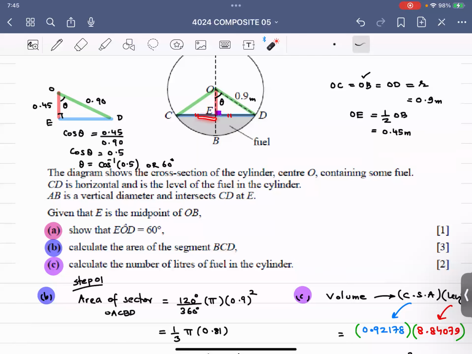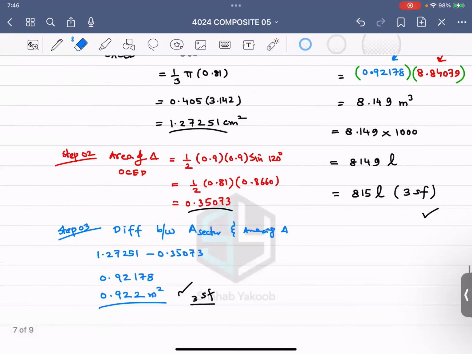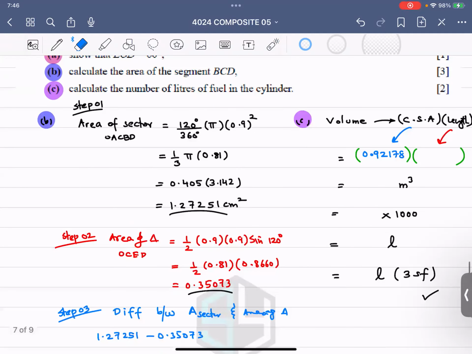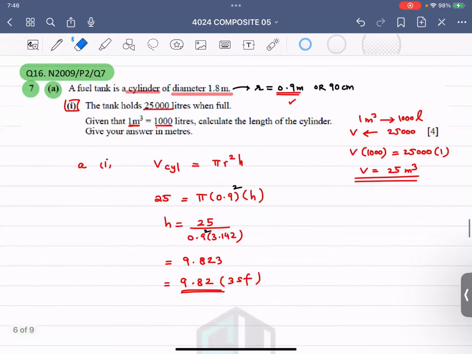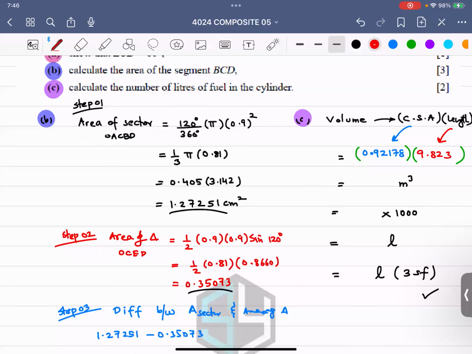BCD, BC, and D. Yeah, that's the whole thing. I don't know why this answer is coming out to be different. And over here, let me use this value, which is this one. So let me just do the correction. Okay. So first of all, the length value was 9.823. So let's multiply it out. 9.823 into